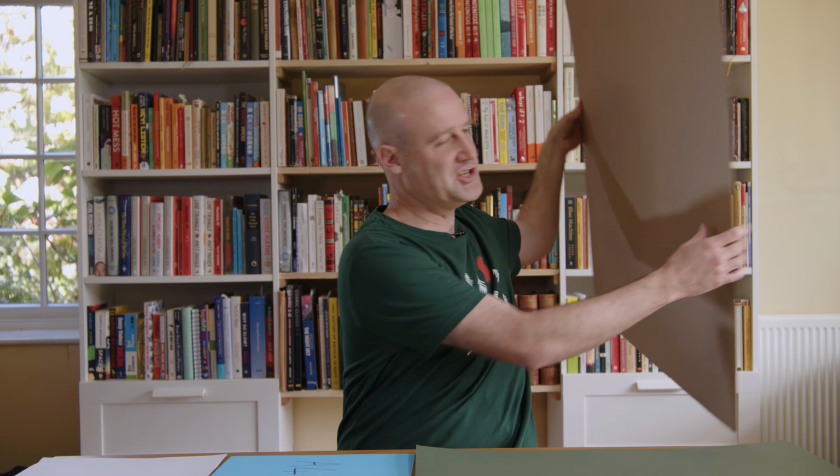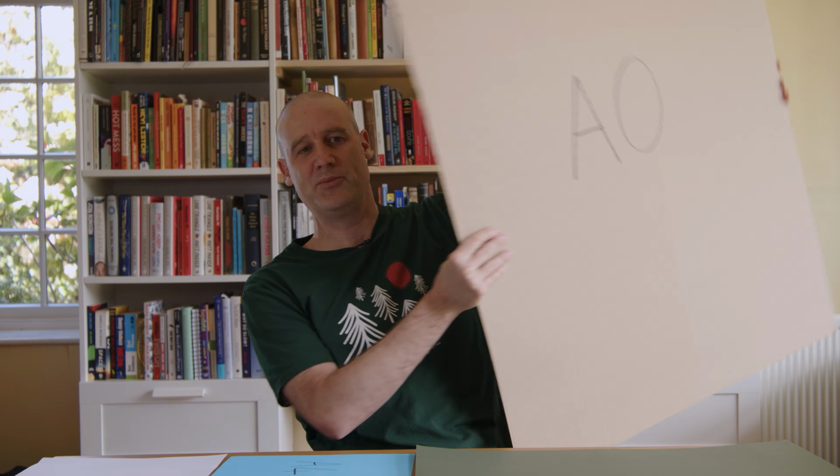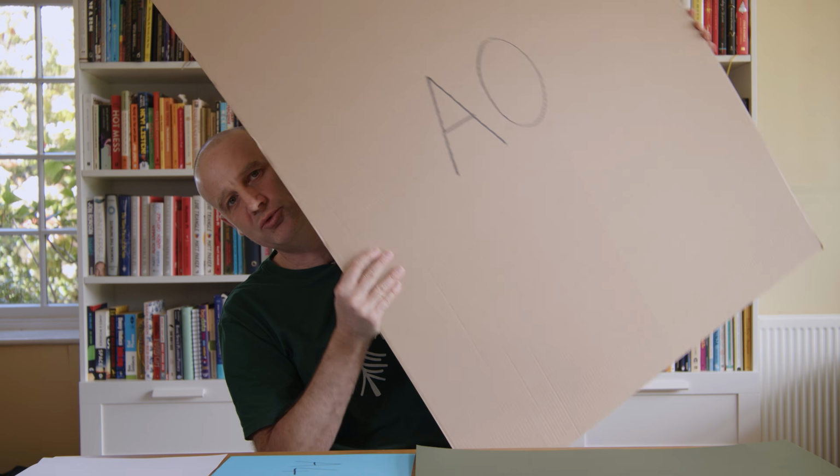If you go the other way, there is, of course, the foundation layer, A0. This is exactly 1 meter squared on a piece of card in the ratio of √2. And because each one is half the previous one, you can always fit a power of 2 of 1 onto a bigger one. In fact, it's the power of 2, whatever the difference is.